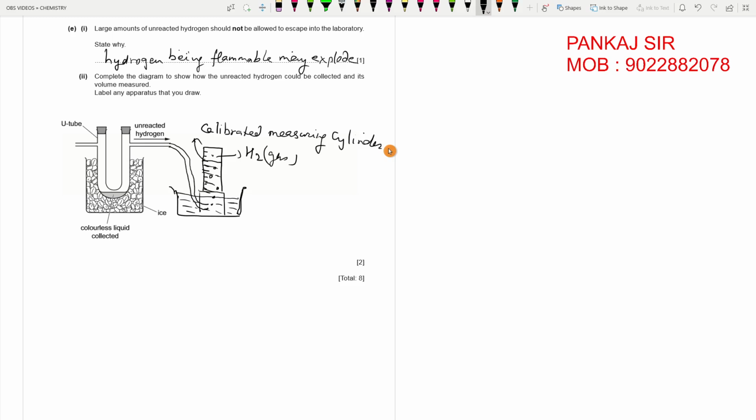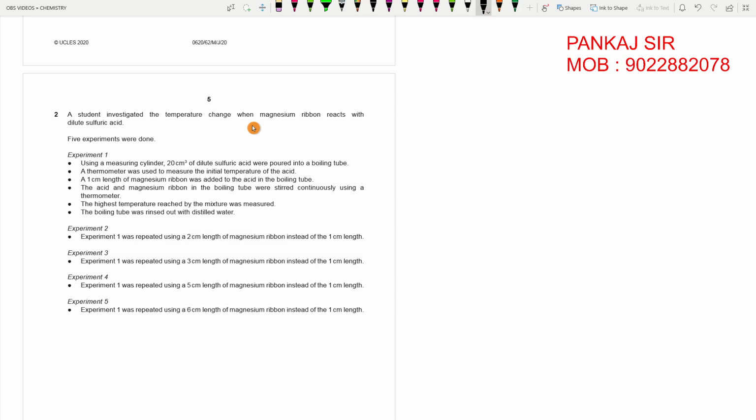Now here, a student investigated the temperature change when magnesium ribbon reacts with the dilute sulfuric acid, and 5 experiments were done. So experiment number 1 is described over here in detail. Then experiment number 2, 3, 4, and 5 is also given over here. So basically, this is a reaction taking place between magnesium ribbon, that is magnesium Mg, and your sulfuric acid, that